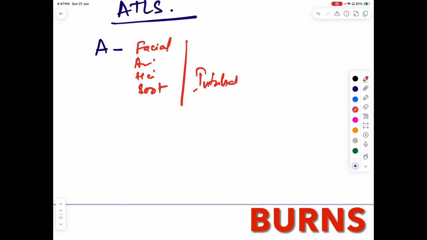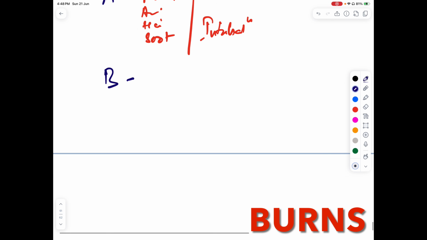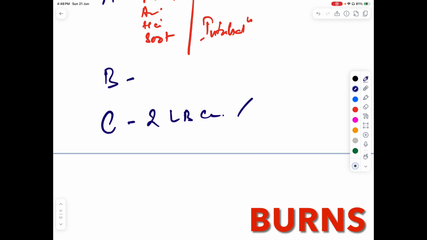This patient needs intubation. If you're suspecting, then what about breathing? If the patient is already talking and has a burn over the chest, then the patient needs intubation. Then circulation: you have to put in 2 large bore cannulae, one for sending a specimen, one for blood sampling and